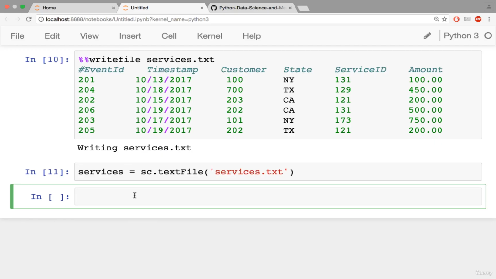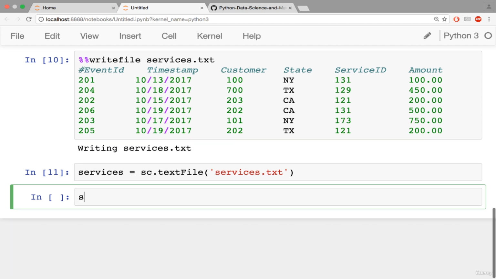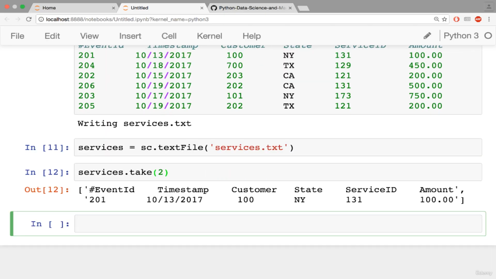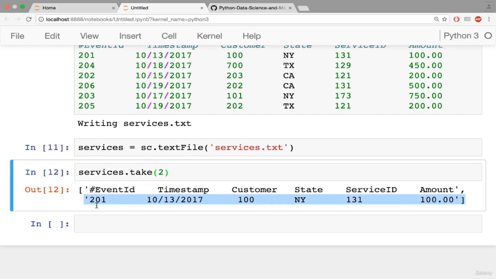Run that. All right, and usually when you're dealing with some sort of more complicated text file like the one we have here, you'll probably have to clean it or manipulate it in some sort of fashion. Let's go ahead and just grab, using take, the top two lines of this RDD. So here we have basically the header and then the first line of data. Notice right now that it's all just a single string per line. Let's go ahead and explore just splitting this up